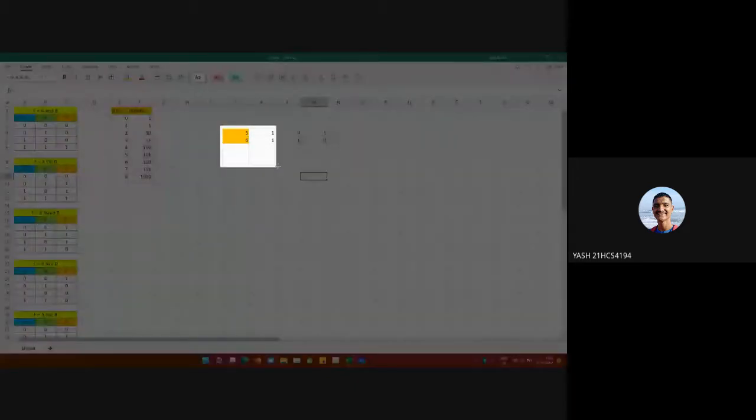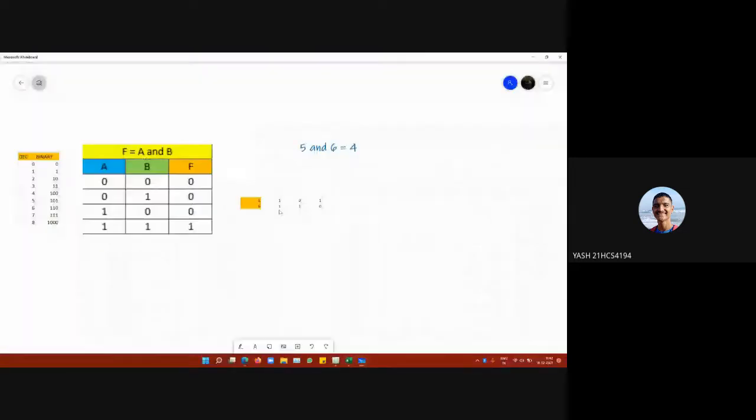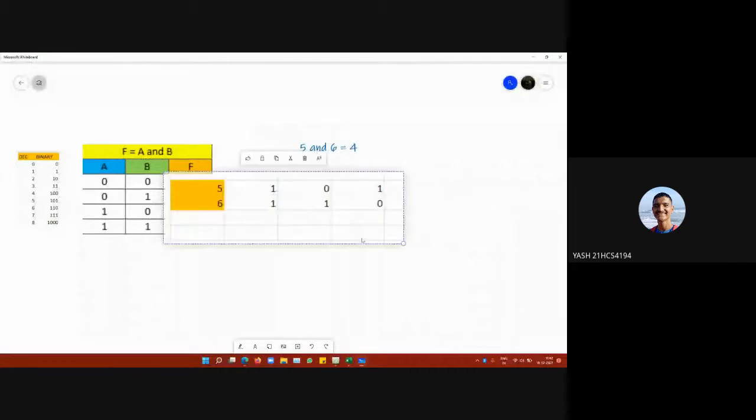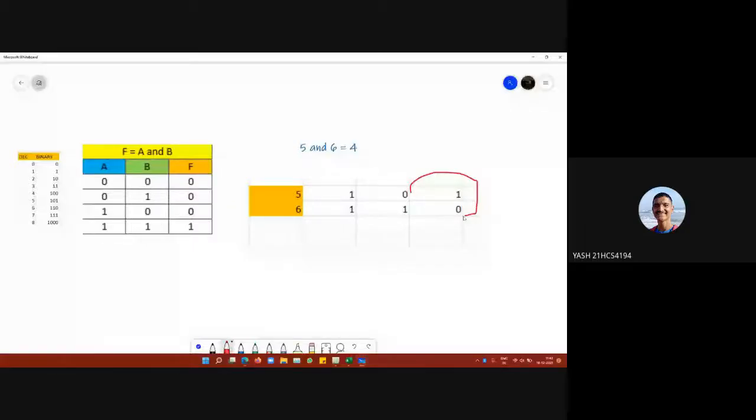Now by this table we will be easily able to understand what was happening. For the values 5 and 6, firstly the AND operation was performing an AND on the most significant bits, and then on the next two values, and then on the last values. So one by one the AND operation was performing on the binary values of the decimal numbers 5 and 6.